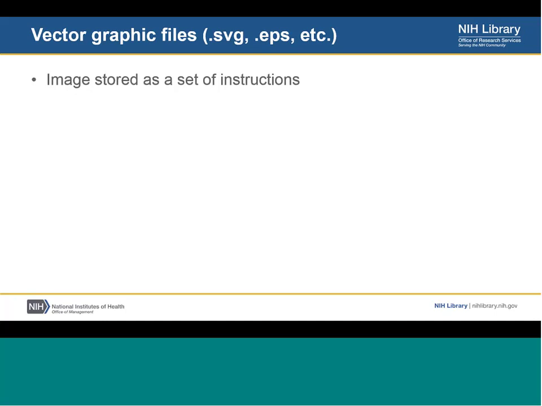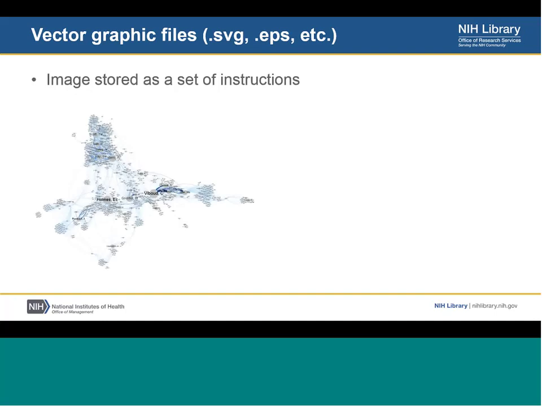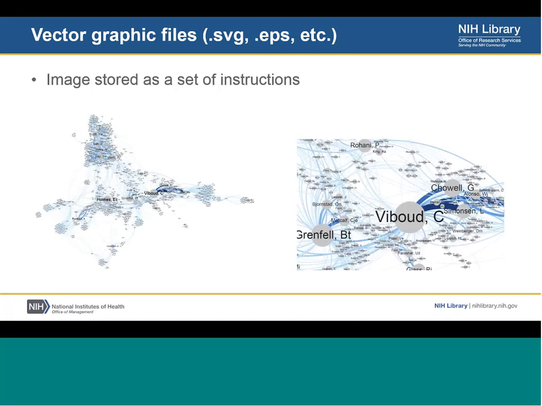This has a number of advantages, particularly with these very rich, information-heavy types of documents. Again, when you're zoomed out, it looks very similar, but when you zoom in on a set of instructions, it will never pixelate because there are no pixels. It will never get fuzzy because that's not the way that the image is stored. It will never get pixelated no matter how far you zoom in.